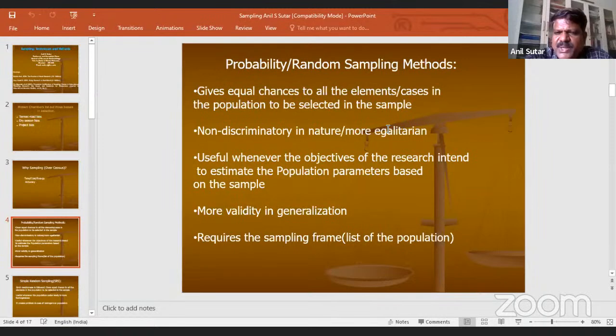Non-discriminatory means you are not supposed to discriminate. In sampling methods, let me reiterate, we talk about sampling errors and non-sampling errors. Even the inclusion and exclusion of certain participants or respondents is a serious error that we call non-sampling error.